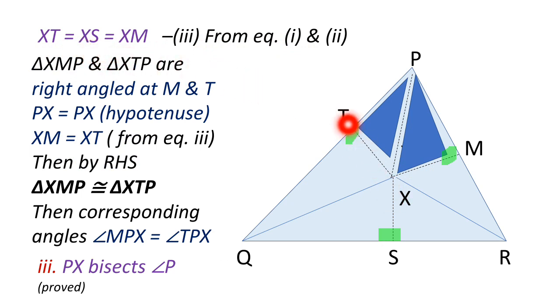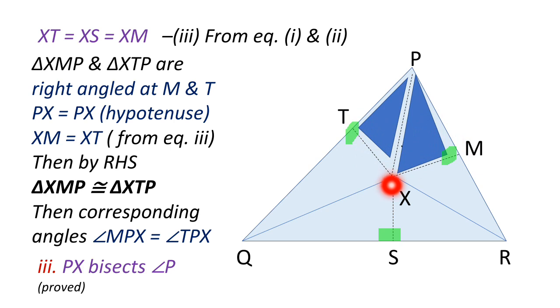This length, this one, and those three are equal in length. Now we will focus on those two shaded triangles, and we are starting with those two perpendiculars drawn. So those triangles are making 90 degrees here. Here it is 90 degrees at the point M, and it is 90 degrees at the point T. So those two are right angle triangles.